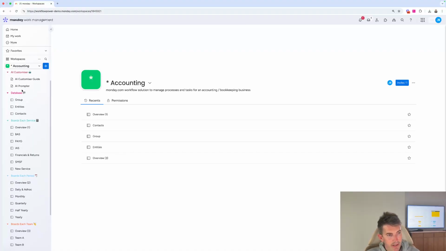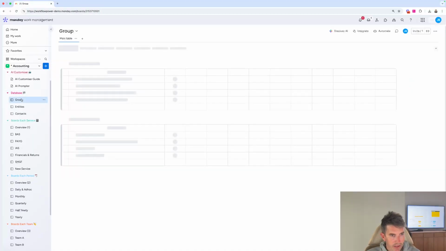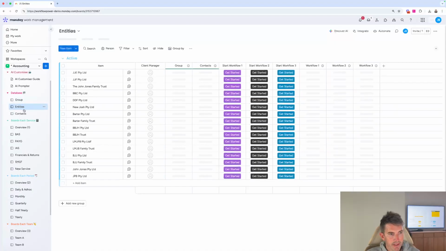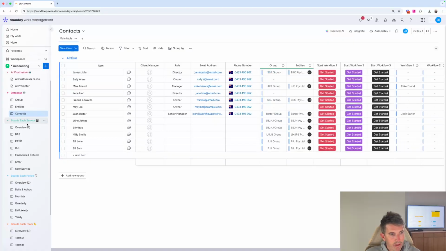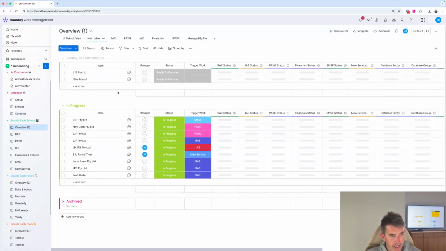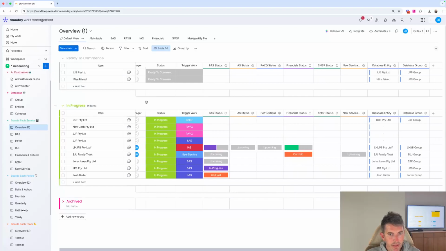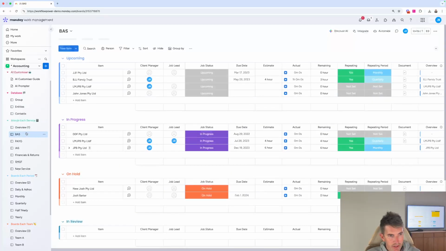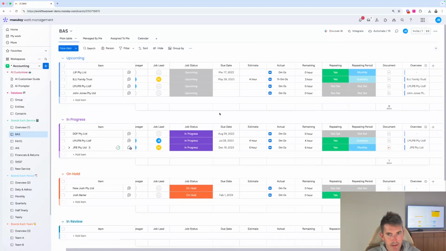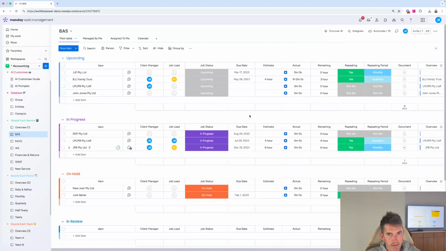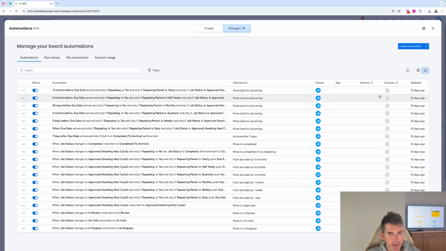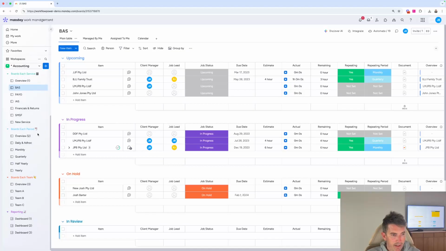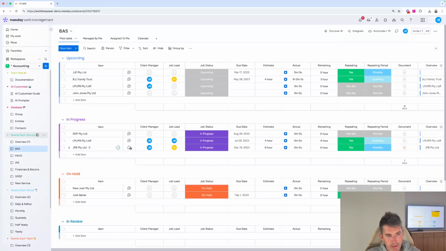What you can then create, as we look at a full solution that you can utilize as a single installation click, is the ability to look down and say, we've got our groups, entities, our contacts, how these are living within our workflows, how we can start to trigger our overview and get full visibility on what's happening with particular clients, tracking our activities and all those different things really seamlessly, having our automations that will run our repeating cycles, all that kind of stuff to build out a full solution that makes sense